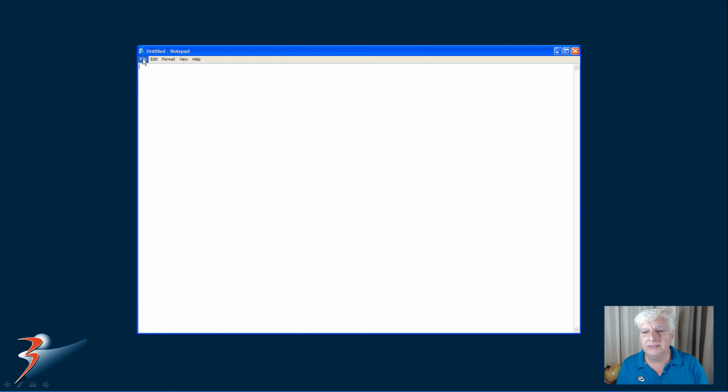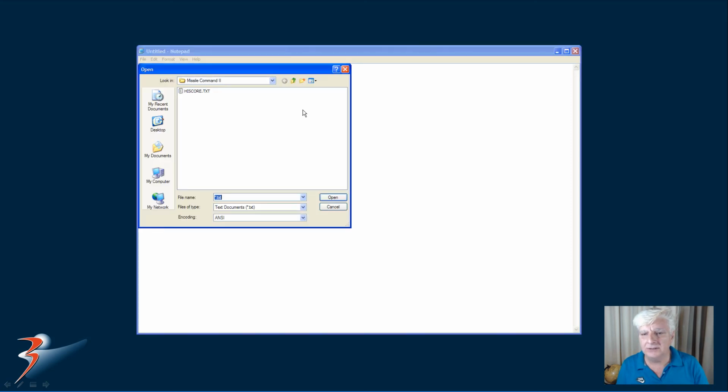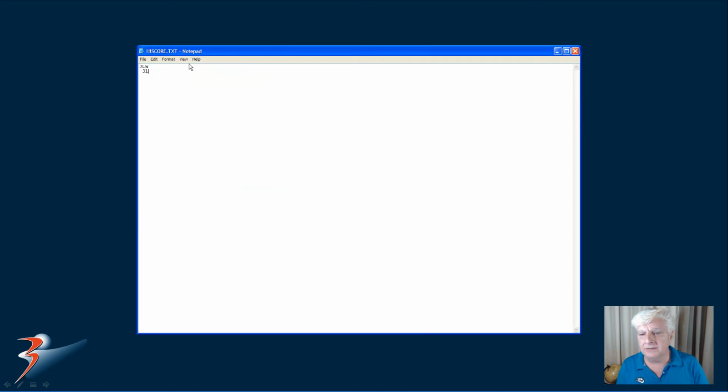And then to reset the high score, you can use Notepad Editor. And you can change that to 0 and those to any 3 initials that you like. I think it's just best to leave that little space before the 0, and then you save it as a